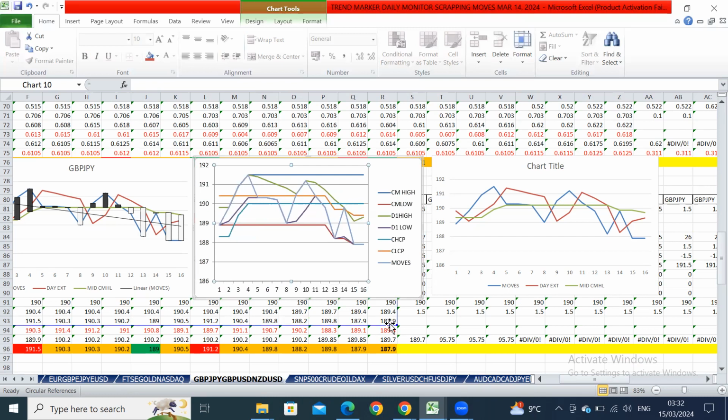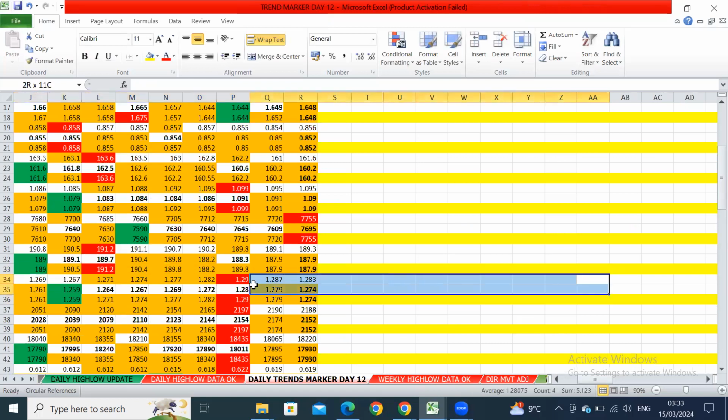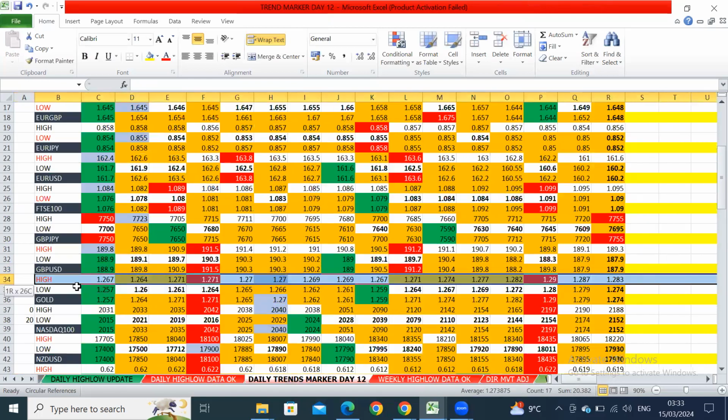You see, so this helps us to be able to know and identify as quickly as possible the market decision, the market movement is changing. So using this information, it's able to help us as quickly as possible to project the market direction, and then we were able to use this to get the market movement as fast as possible. So let's look at the next product, GBP USD. Okay,